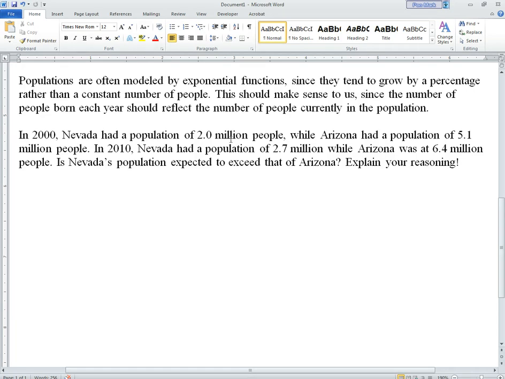So in 2000, Nevada had a population of 2 million people, while Arizona had a population of 5.1. In 2010, Nevada had a population of 2.7, while